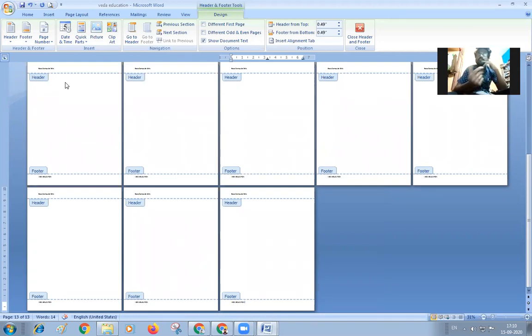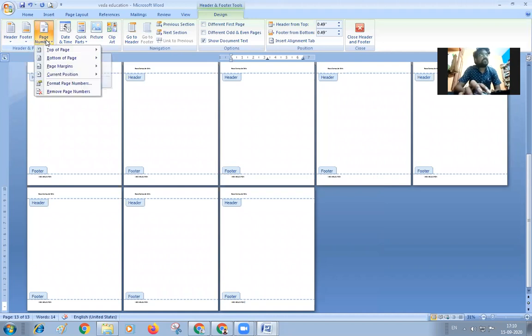You can also go for one more component: you can insert page numbers in the footer. If you want to insert something, you can also insert it in the footer. You can give this page number also. You can see this. It is given in the header and footer. Page number is also an option that can be given in the footer.